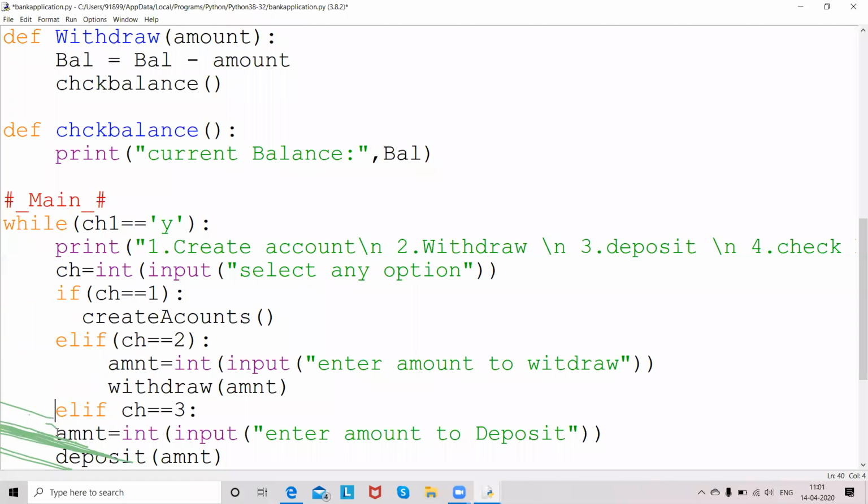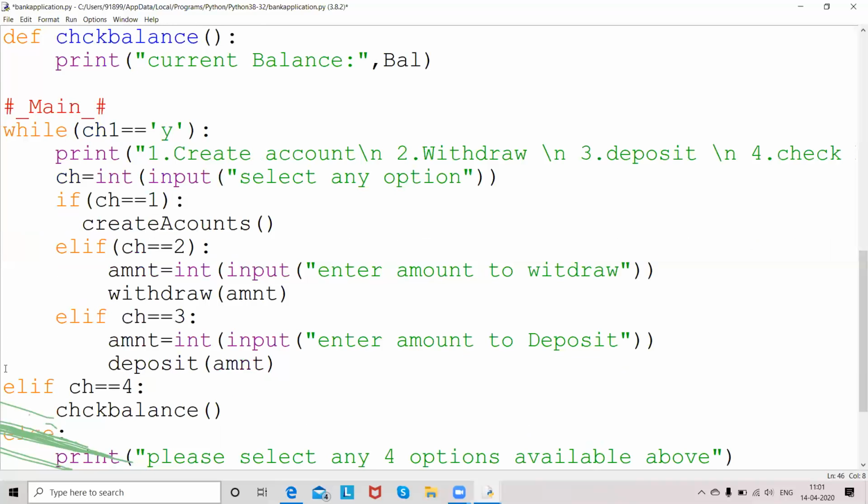Because we are using else if operations, any one of the operations is going to get executed. It won't repeat all the operations. So if you wanted to repeat all the operations, I must put these statements in a looping condition, so that it will keep on asking the user whether you wanted to continue with your operations or you wanted to stop. That is the reason I'm putting a loop here.